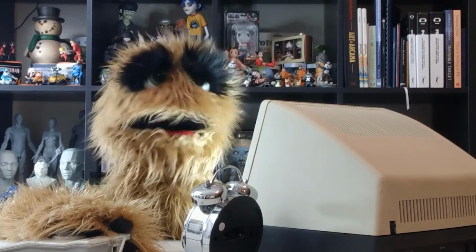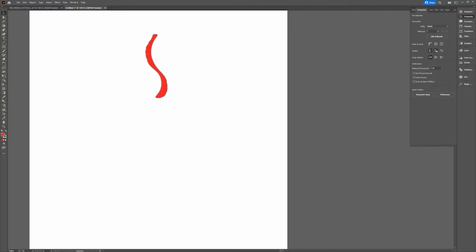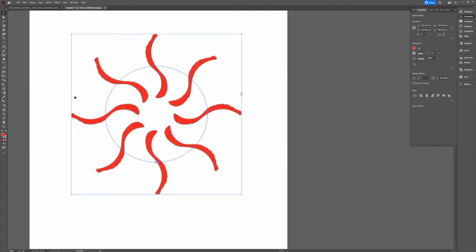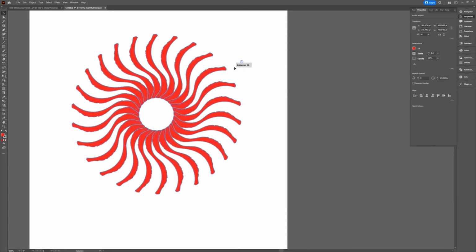Floyd here with a quick look at Radial Repeat in Illustrator, which enables you to quickly distribute objects around a central point. To use, select the object you'd like to work with, then choose Object, Repeat, Radial. 8 instances will be generated by default, but you can change the instance count by simply sliding the instance control